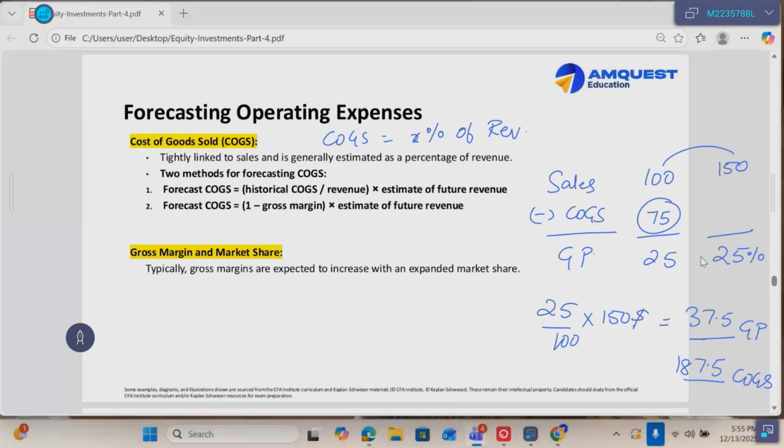So if we keep an assumption that the gross profit is remaining constant at 25%, and if we increase the sales, we forecast that the sales are going to be 150%. We'll be able to use this ratio to find out the missing value, which is our COGS. Now, you will be learning a lot about financial modeling in the separate CFA course on financial modeling. Over here, they have explained the theory,